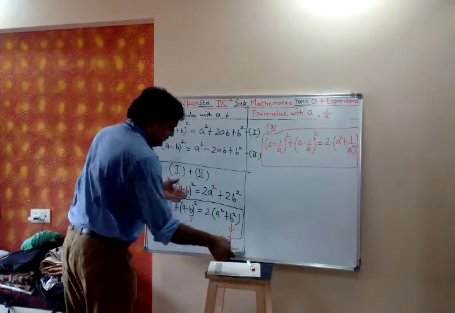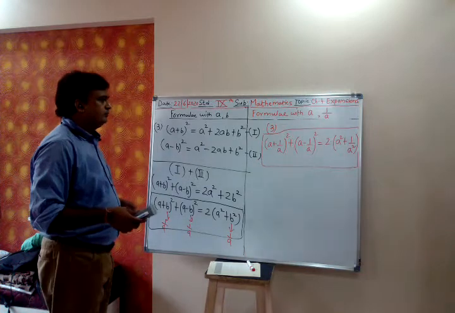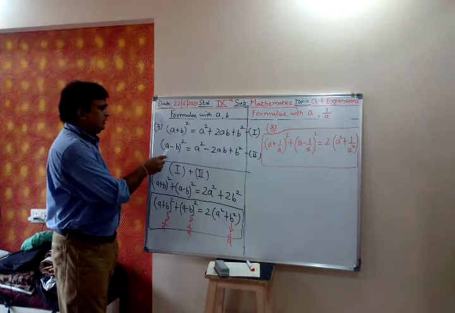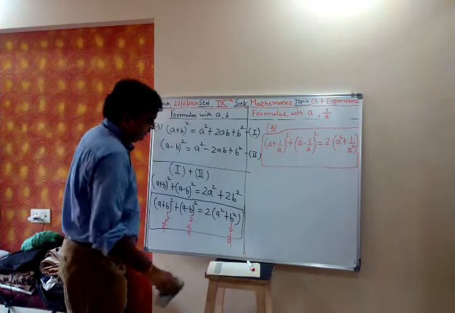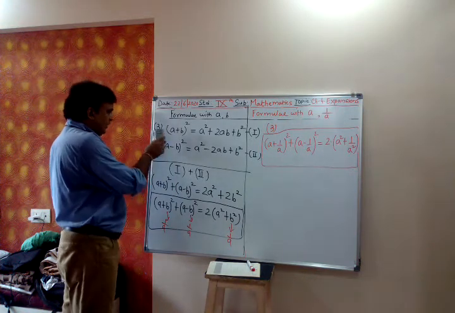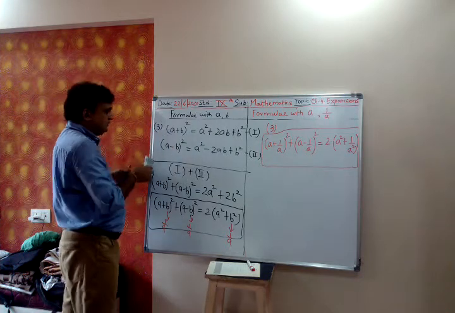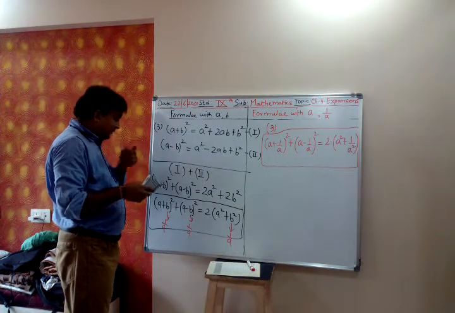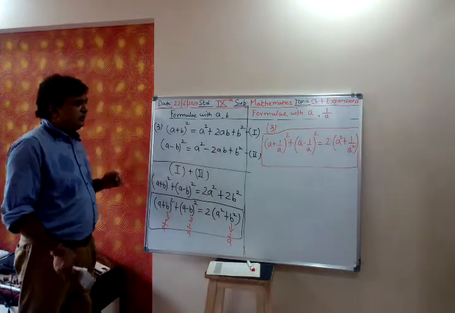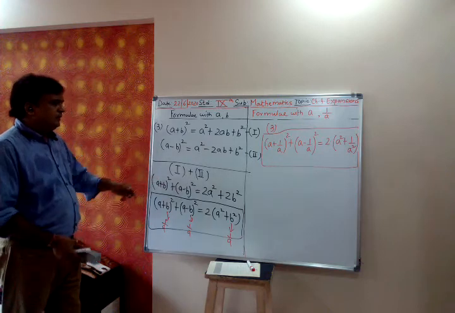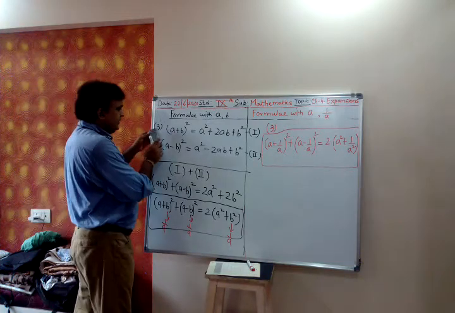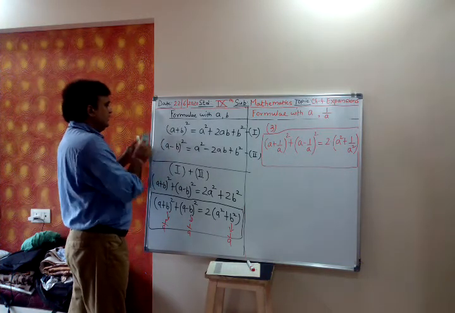Exercise, I will start first. Let me revise the formula. Second one, a square plus b square. Now the fourth formula, that I will explain at the end, last 2 minutes, because now we are in third. So presently third is clear. Now we will derive the fourth one. We will write the fourth formula.